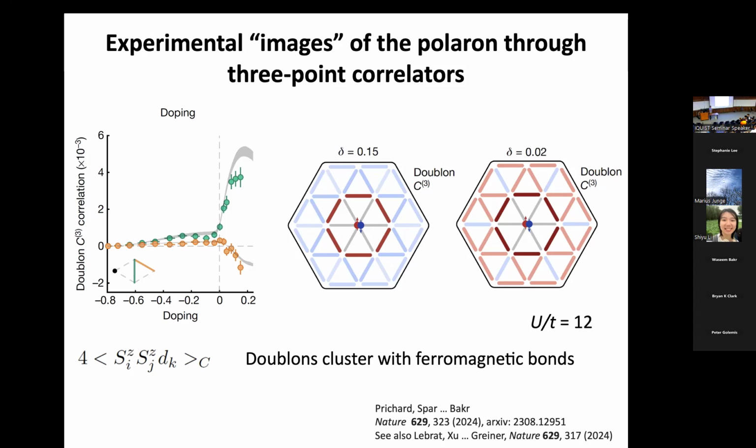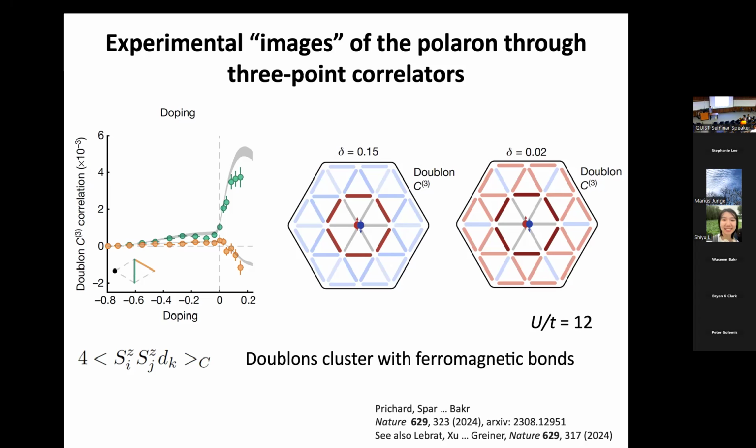You again measure basically a 3-point correlation function. You're evaluating the expectation value on 3 sites. First, you find on this particular site, do I have a doublon, for example? And then if it has a doublon, what is the spin here and the spin here? The end result of the separation with the Stern-Gerlach is we can reconstruct from the snapshot the entire population, whether it's up, down, hole, or doublon. And then we can do this over and over by repeating the system in the same way and repeating the measurements like 100, 200 times.